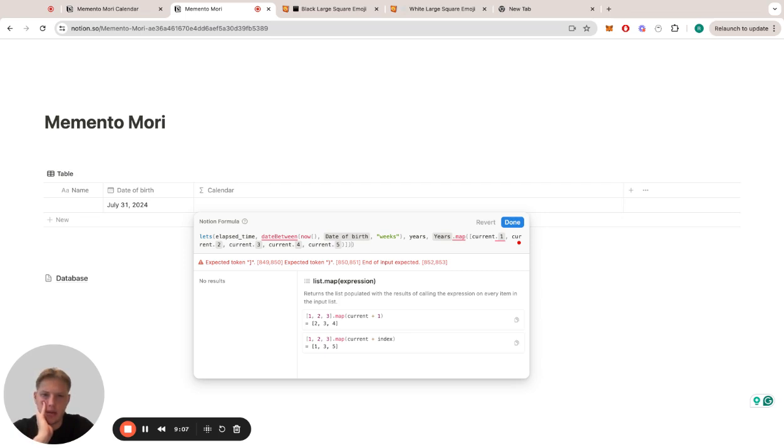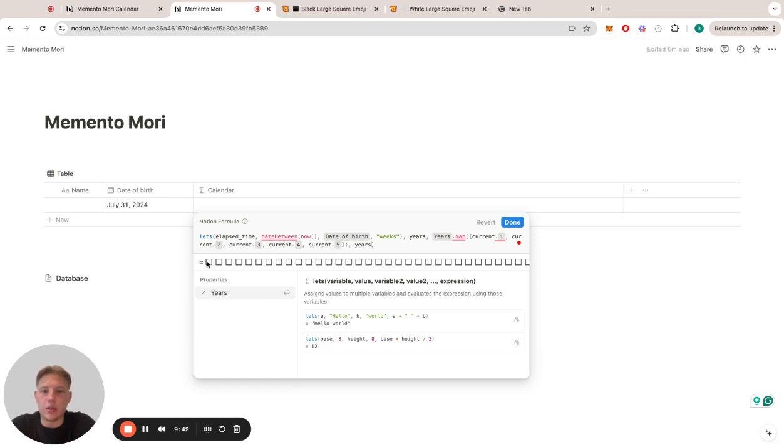and we want to return here our years variable. What's wrong? Have I deleted something wrong? 1, 2. We don't need this one. And if we return our years variable, it will be just a list of checkboxes now, but we don't need it. So what we want to return is we want